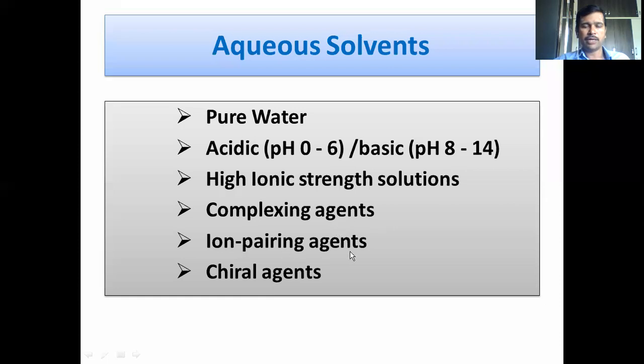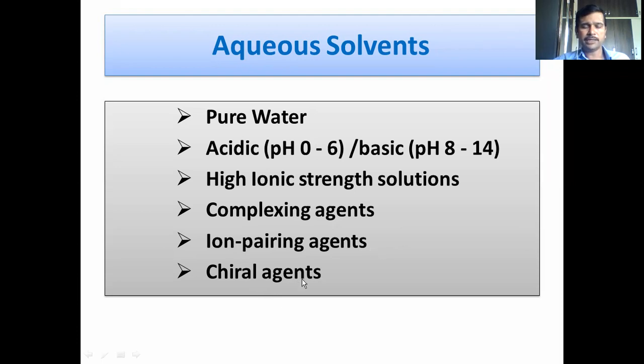And even ion pair complexes we can form. We can convert a single analyte into an ion pair complex by treating it with ion pairing agents, and these ion pair complexes can be made to transfer into the organic layer, such as with dibutyl phosphate. So the organic layer containing this ion pair complex can be subjected to further investigation.